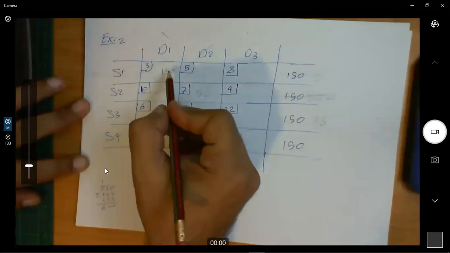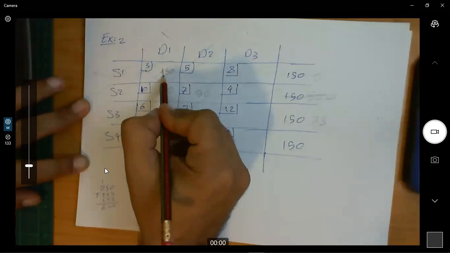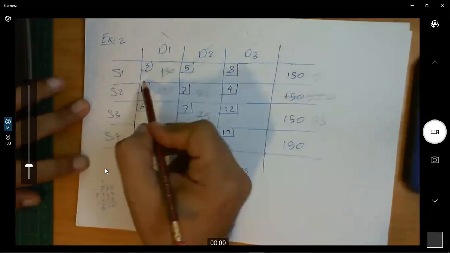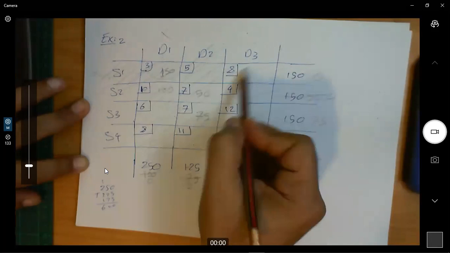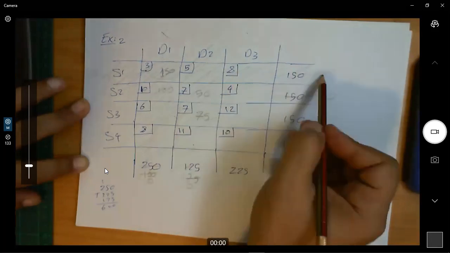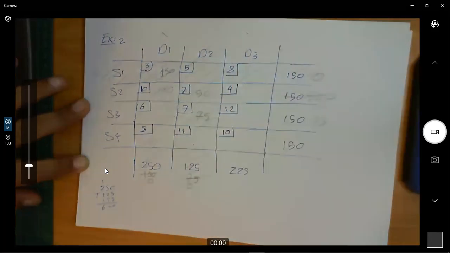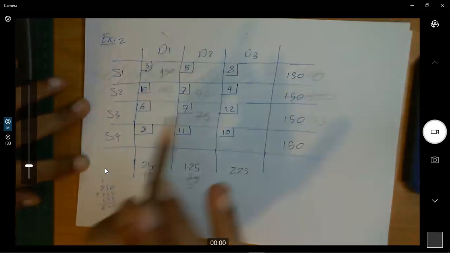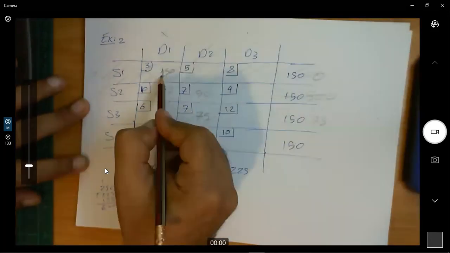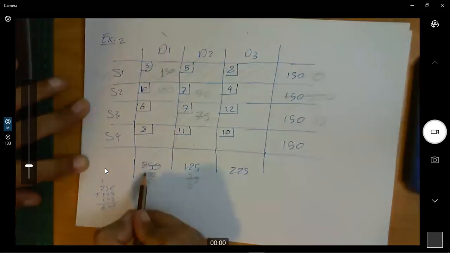So we put the 150 here. Okay, then we took supplier 1 out of the loop because there's 0 available from him. Once we allocated 150, the demand here is reduced from 250 to only 100 because we have supplied already